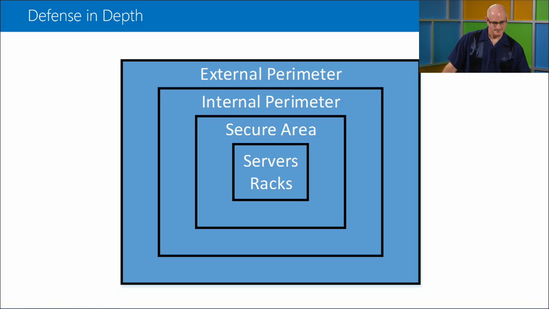It's against the rules. Internal perimeter. Once you've gotten into the building, you may have another swipe to get into the physical data room. You had an example of this: you have a lock on your office. I have a lock on my office, exactly. I swipe to get into my building, then I additionally have a lock on my office that I need to key into. Now once you're in the secure area, how is that area secured? What's in there? Are there cameras?